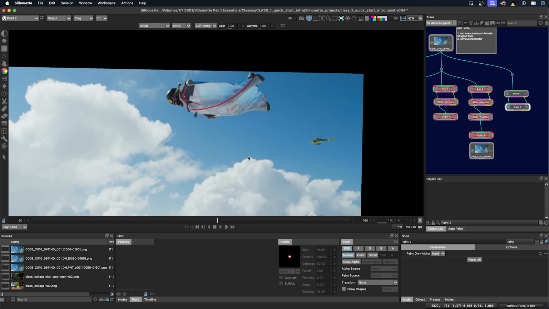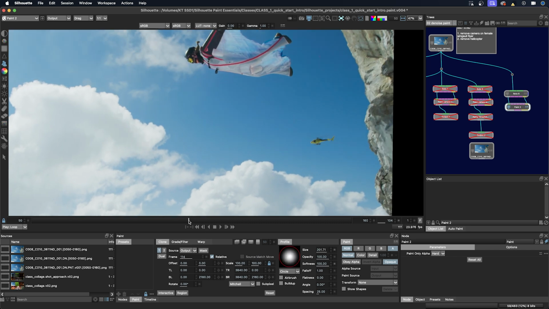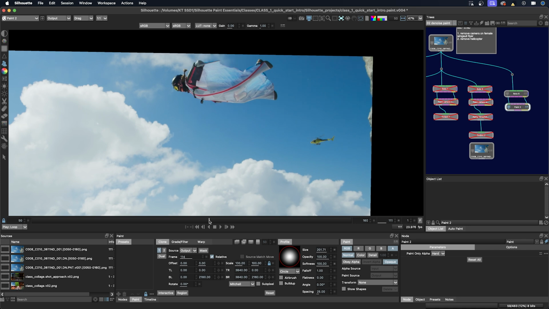I'm going to click on the clone tool, make sure that alpha is enabled, and make my softness up to 100%. I'm going to make my brush bigger. So I'm going to make a few test strokes or a test stroke to see if the gradation looks correct. Hold down Shift and then paint. That looks pretty good.